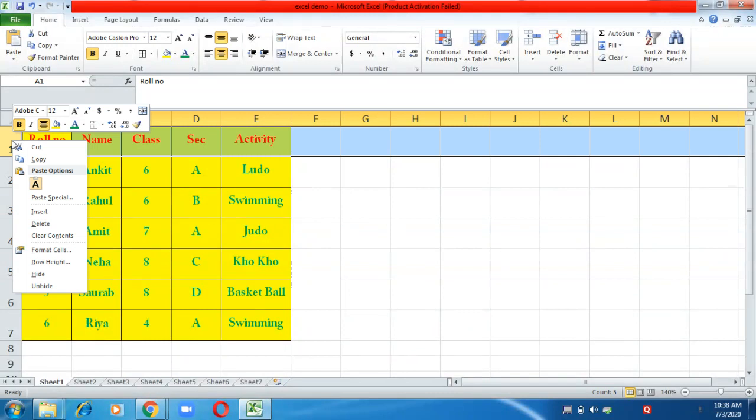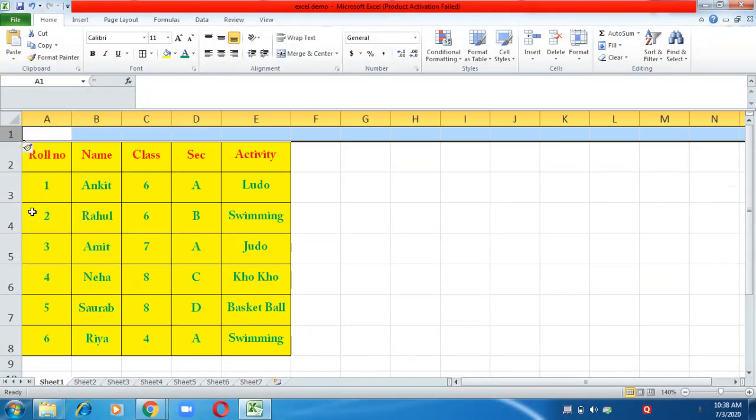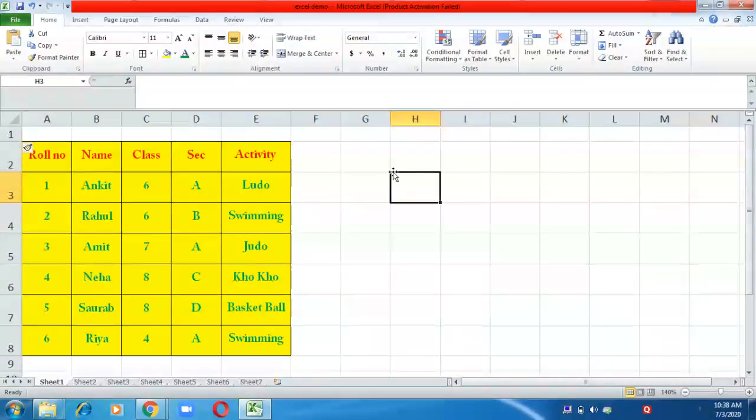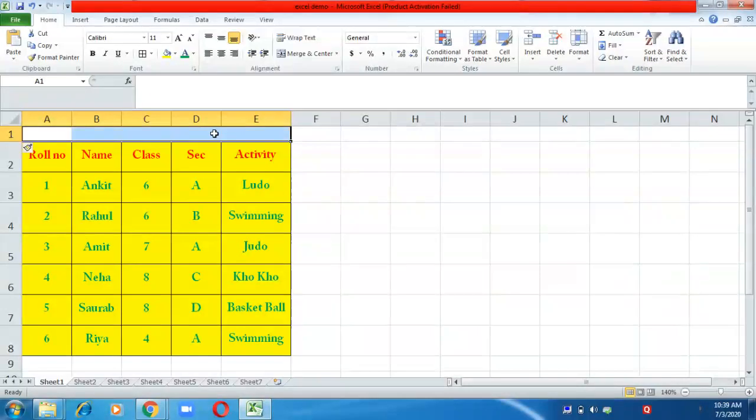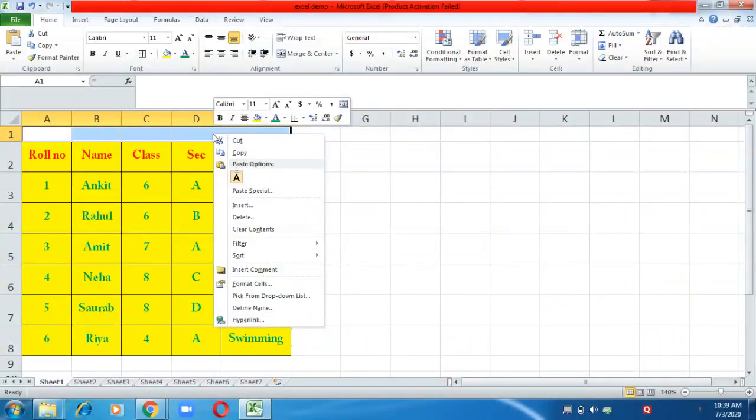Now suppose I want to give a heading to my table. So I have inserted a row, and in this row I want to merge all these cells. Merge means to combine all the cells and make it a single cell. So select all the cells which you want to merge, then go to the alignment group of the home tab, and there is a button of merge and center. Either you can click here or you can right click here on the cells after selecting, and then there is an option of